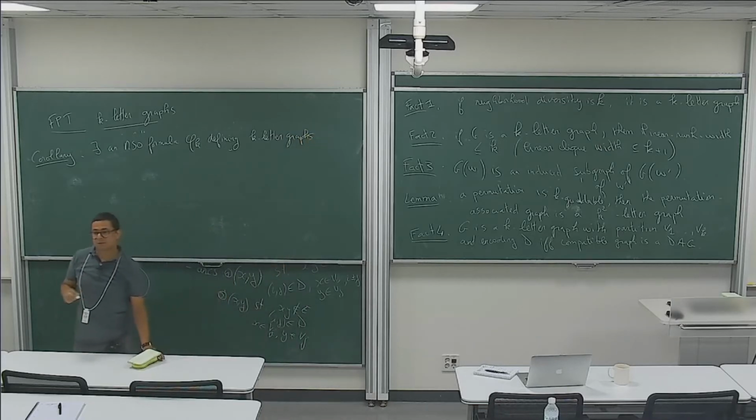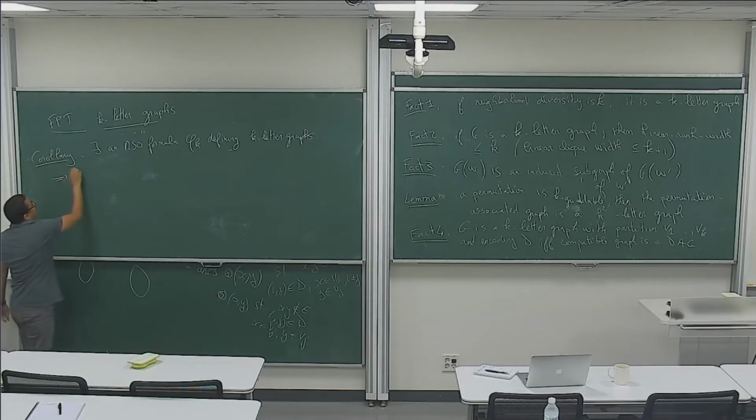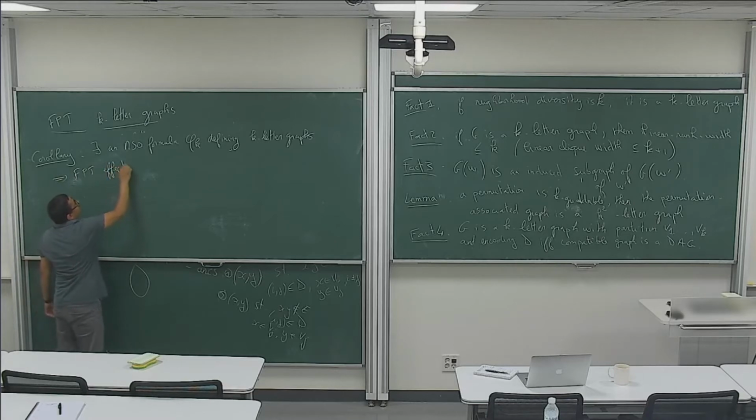So you have such a formula defining K-letter graphs. This means an FPT algorithm, an effective algorithm. So now for the abstractions,